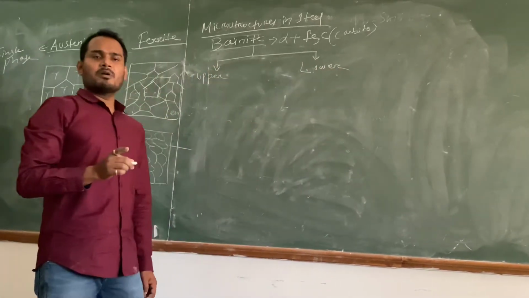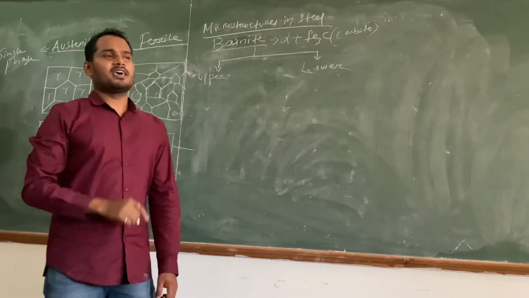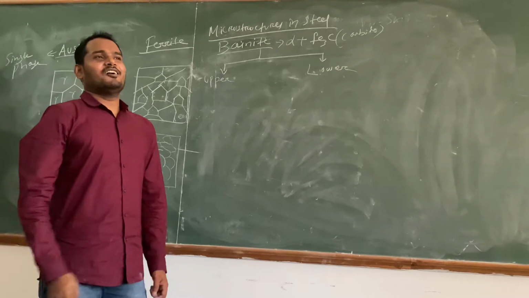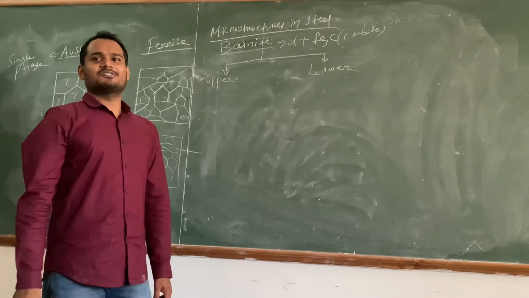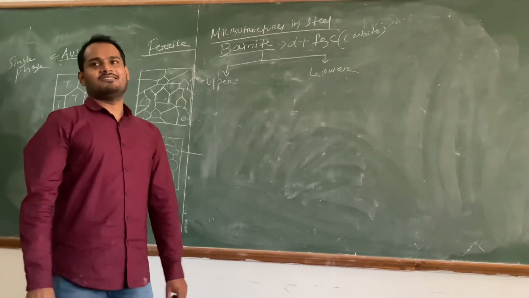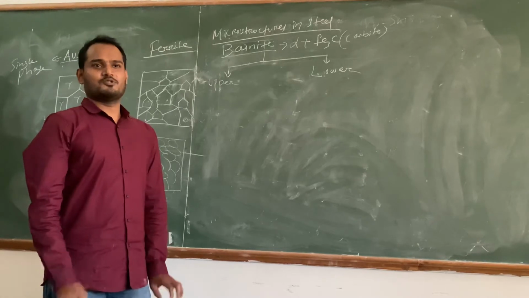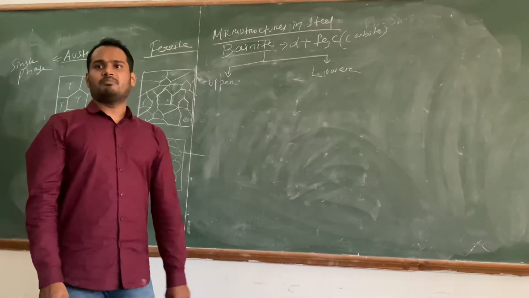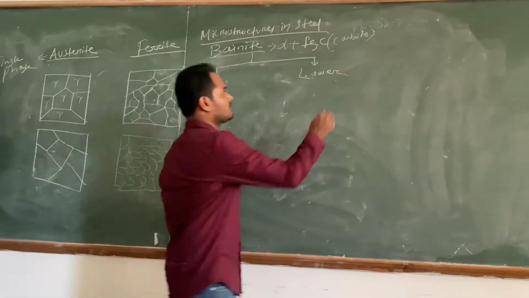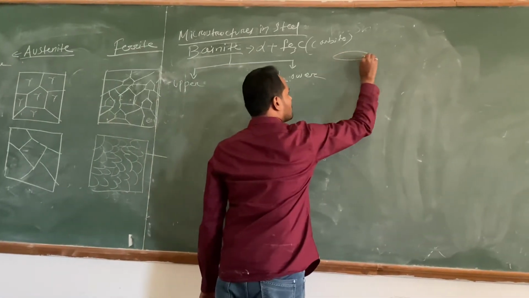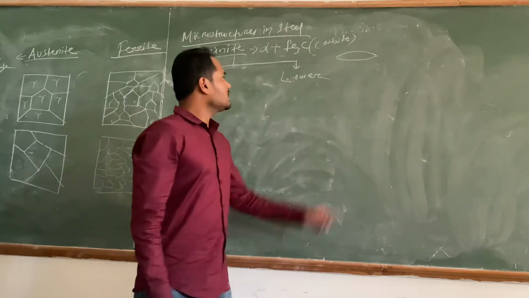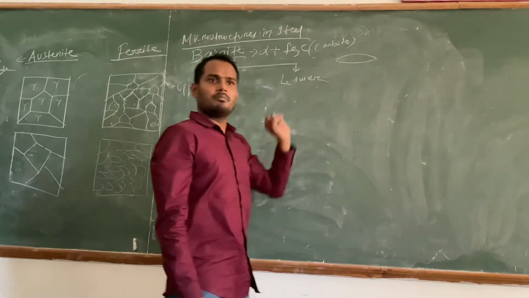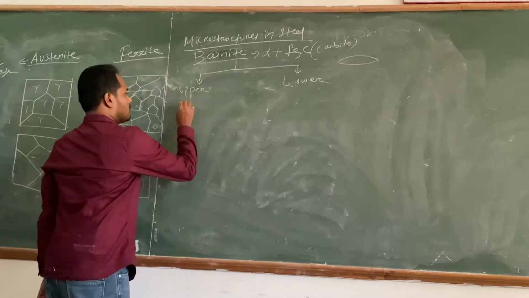And another point you have to remember: in textbooks they have written that bainites are feathery shaped, bainites are needle shaped. Those statements are actually not right. Actually, bainites are plate shaped, plate like this. This is a plate. At one end it is thinner, at this end it is somewhat wider. Plate shape.